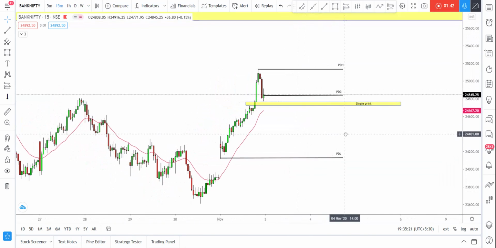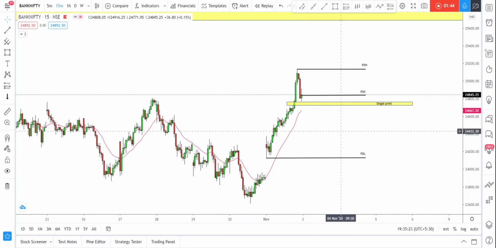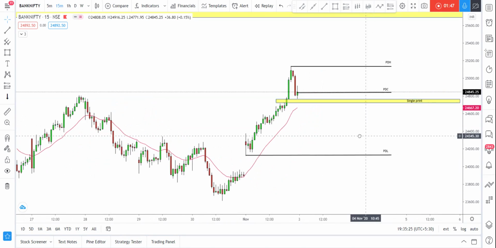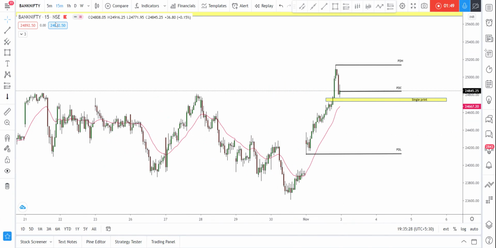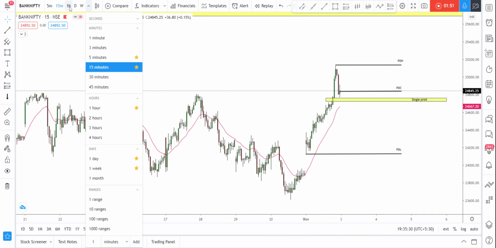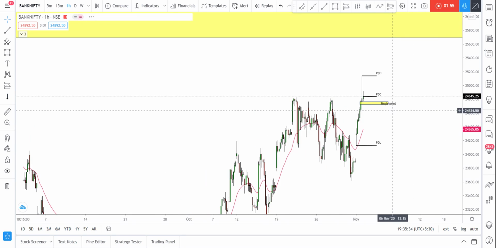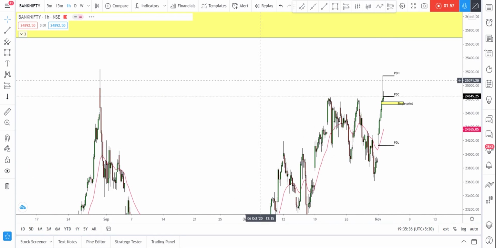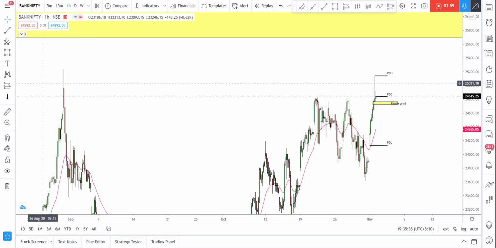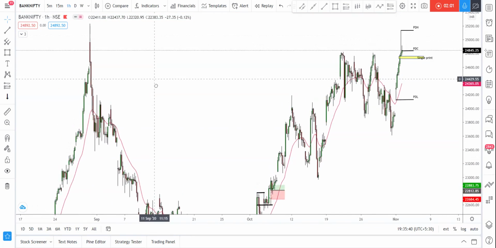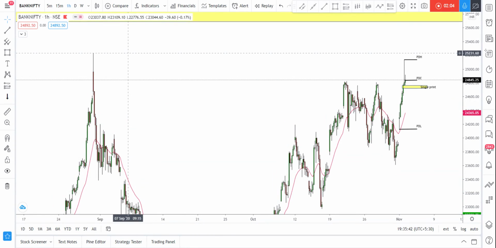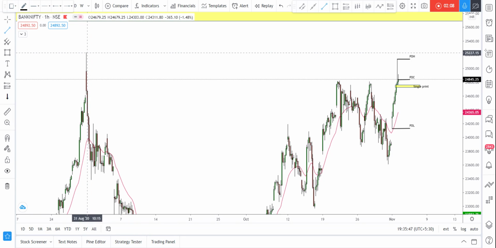Okay, fine. So for the 15 minutes time frame, the marking of important levels is completed. Now let's go to the 1 hour time frame and see if there are any major resistance or supports. Yes, there is one here. Look at here, this is a swing high and also a supply zone. So this is one cluster. Mark it. This is a very important level for tomorrow.